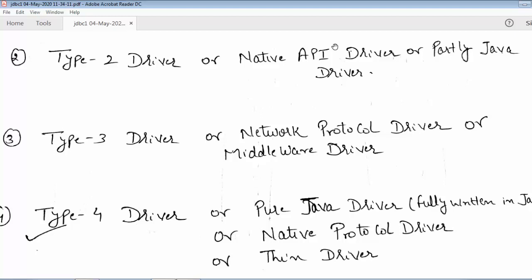You have to keep in mind that a driver is a concept used to connect the Java application to the particular database. It is a translator, a medium that translates a particular system call from the Java application to the database so that the database can understand it, and vice versa. In the next lectures we'll take all these drivers one at a time and understand the analysis behind them.